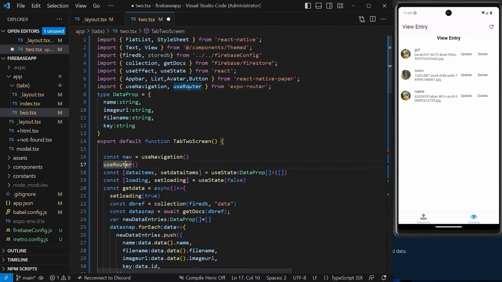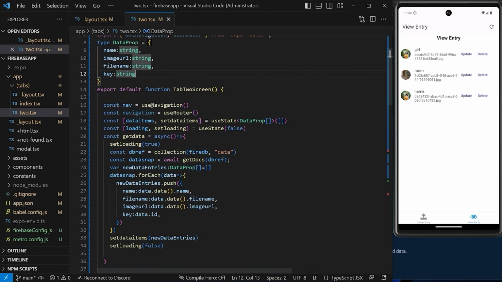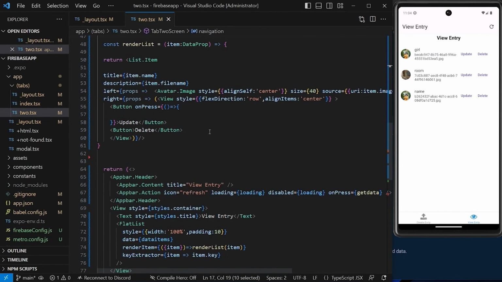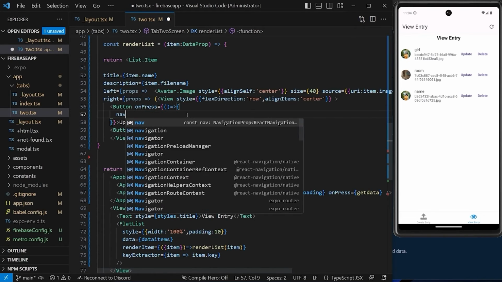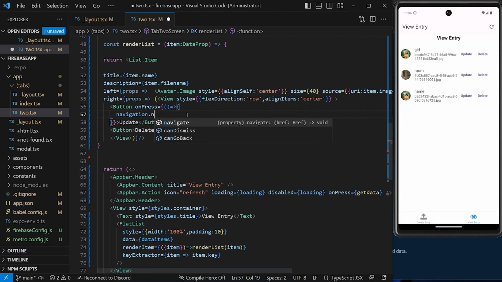When I wrote the function, it got imported from Expo router. I will also store this in a constant, so let's call it navigation, equals useRouter. So now I'll go to the button, and in the onPress event I'll write navigation.navigate,